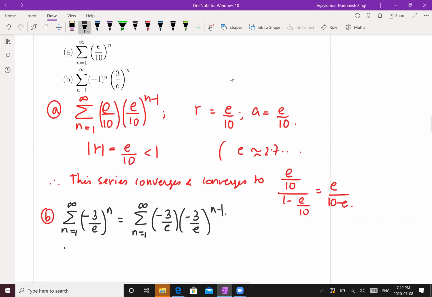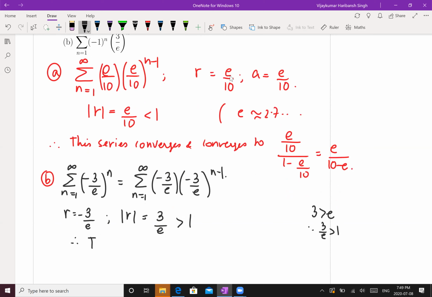Here r is minus 3 by e, and the absolute value of r is 3 by e, which is greater than 1, right? Why? Because 3 is greater than e, therefore 3 by e is greater than 1. So therefore what happens? This series diverges. Okay, so